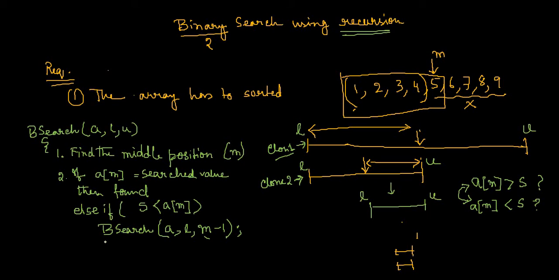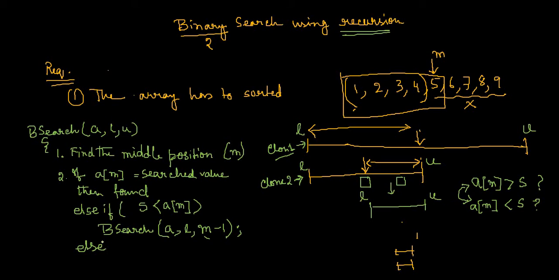Okay, and what happened? What happened is that the middle location present here, the data present here, is still not the value that you are searching. So in that case, this condition will be false. So it will come in the else part. So now else if S is lesser than A of M. Suppose the data S present is somewhere over here. So that means the search value is not lesser than the middle value of this minimized search space. That means this else if will be false also. So I must come in the else part.